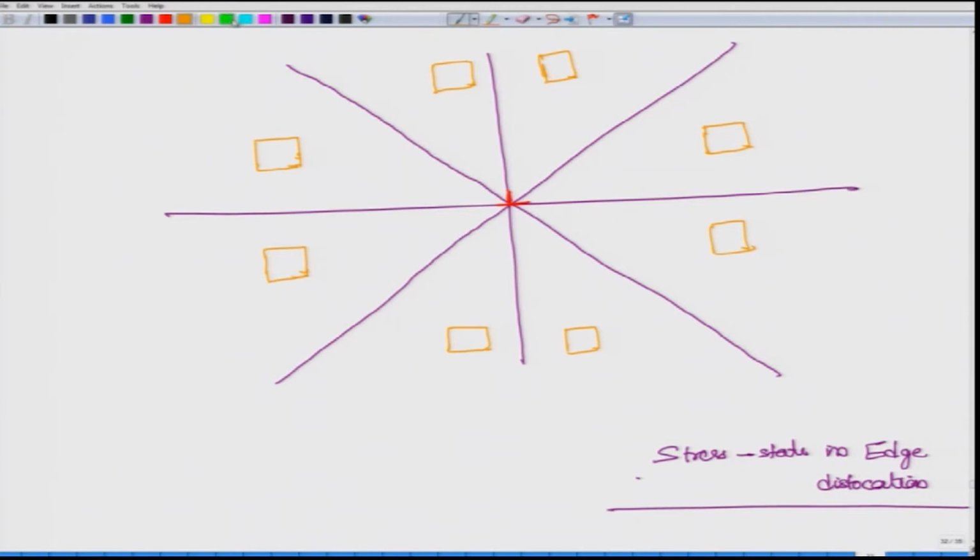Now, we said that on the top side we have only compressive stresses in the xx direction. So, we can draw it like this. So, it is all compressive in all the 8 quadrants, and on the negative y side what we have is the tensile. So, all the quadrants over here will have tensile.